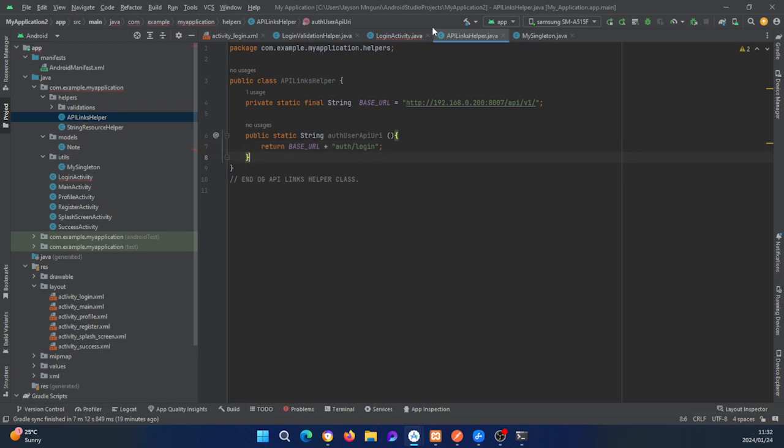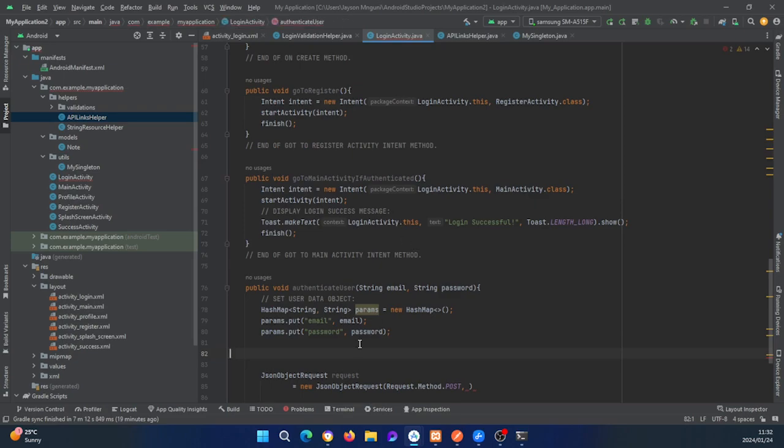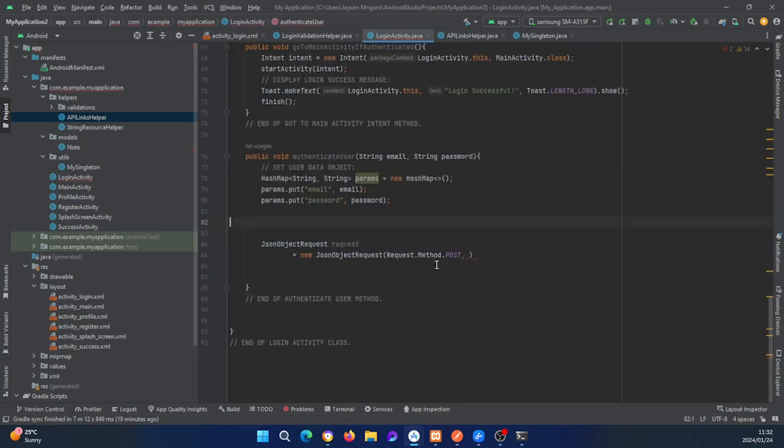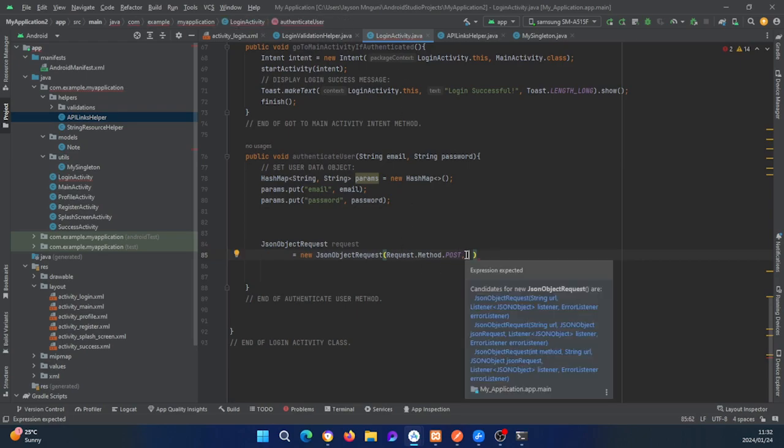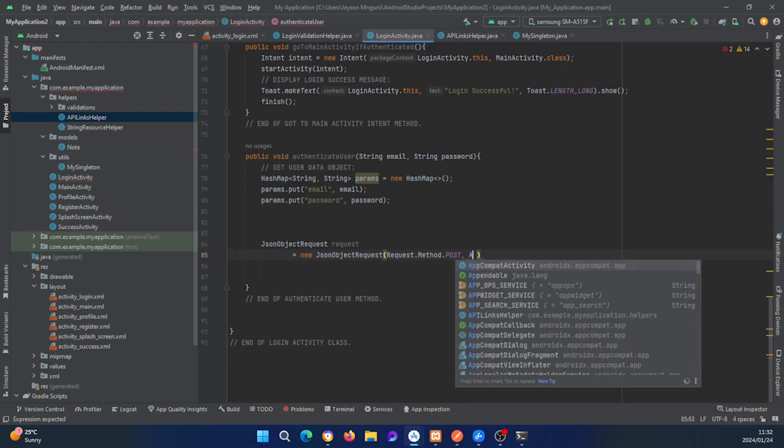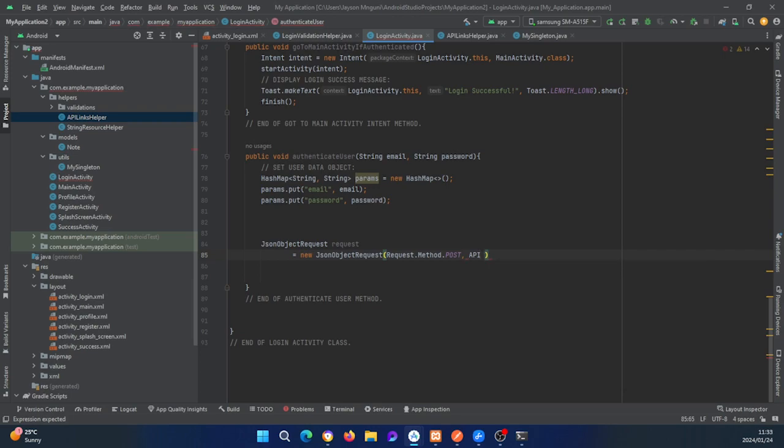Alright, so here within our login page, the next parameter that comes after the request method is going to be that. So remember we made it a static method, so we don't need to instantiate it. We can just say API links helper dot auth user, right? Okay, and then now